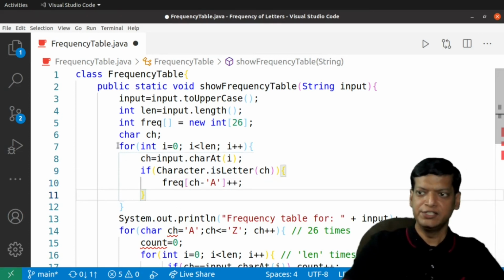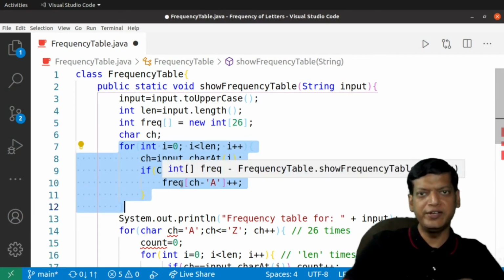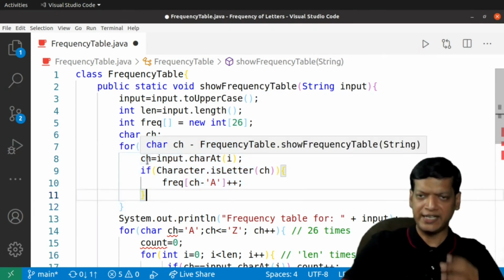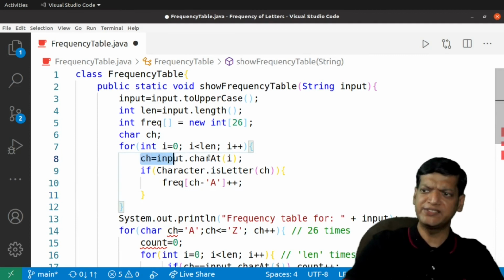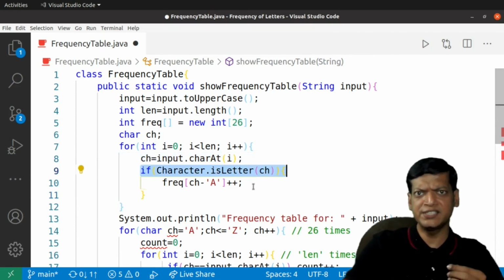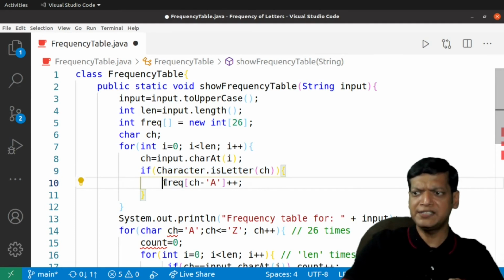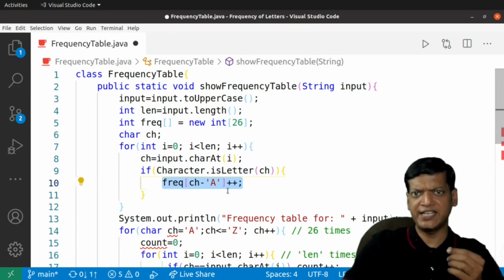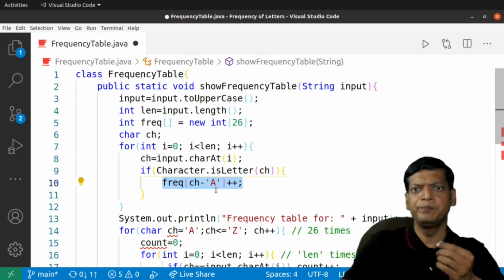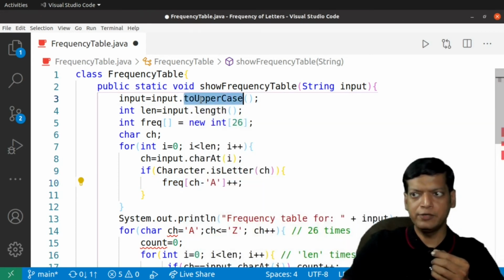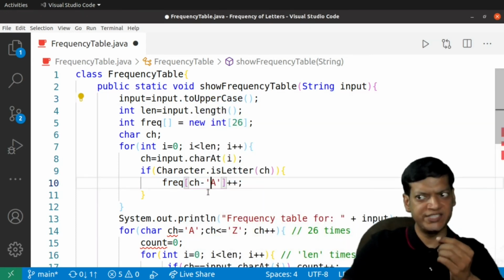So that's it. So when this loop completes, what we discussed will happen. I'll just repeat it once more. We'll extract the ith character. We'll check whether the ith character is a letter or not. If the ith character is a letter, please understand, letters start from A. We have already converted it into uppercase, so A is 65.